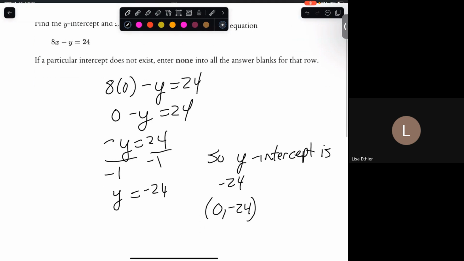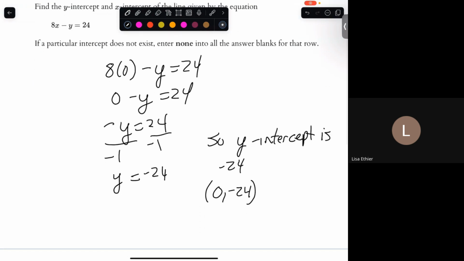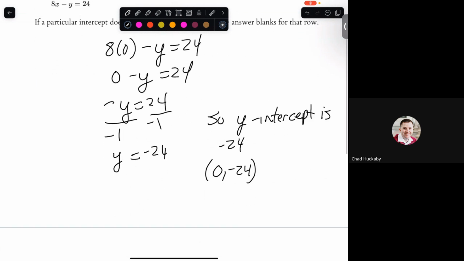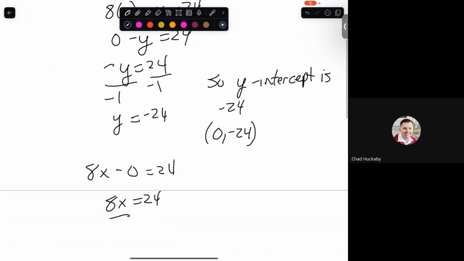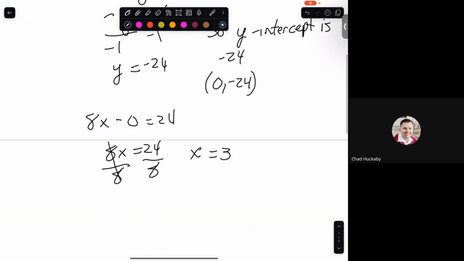Okay, so in the parentheses, that's how it wanted it answered, (0, negative 24). Right. And so then for the x-intercept, you plug in 0 for y, and you get 8x minus 0 is equal to 24. So 8x equals 24, divide both sides by 8. The 8's cancel on the left, so x is equal to 3. So the x-intercept